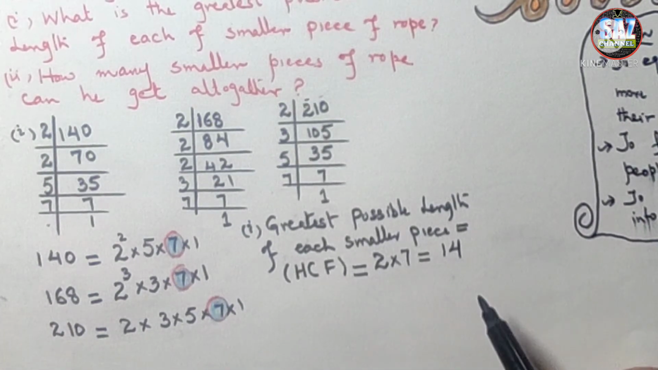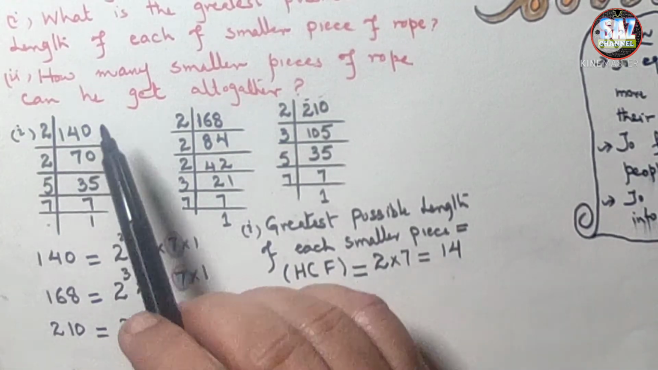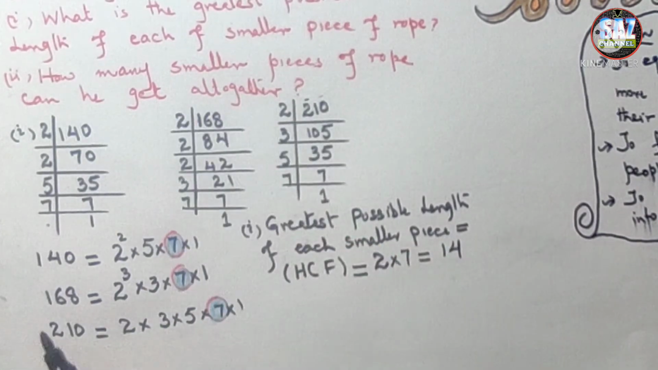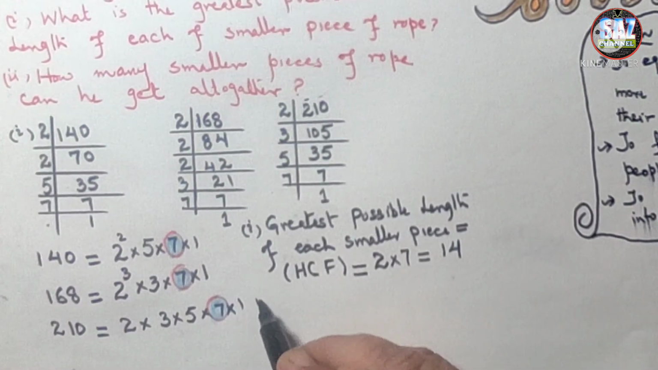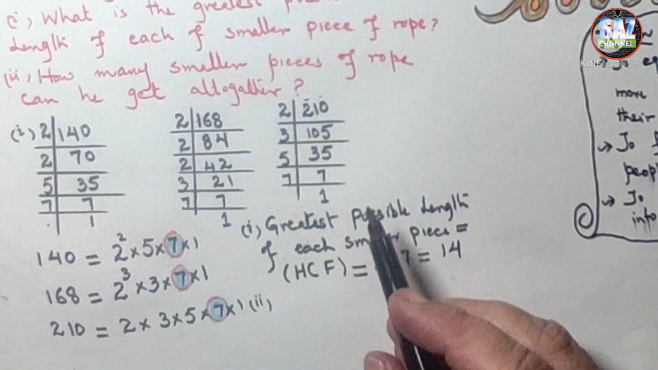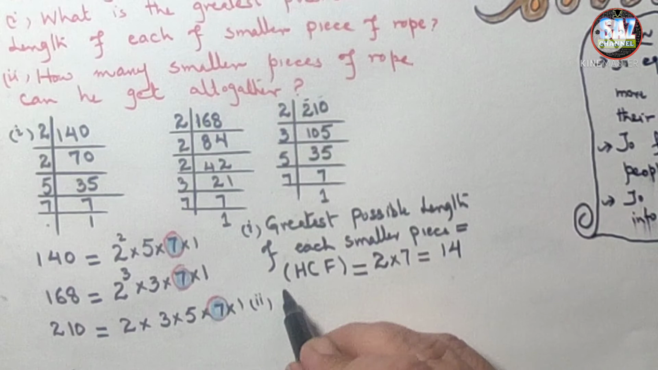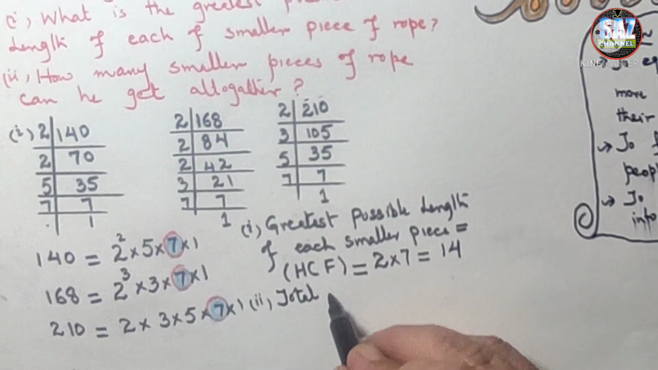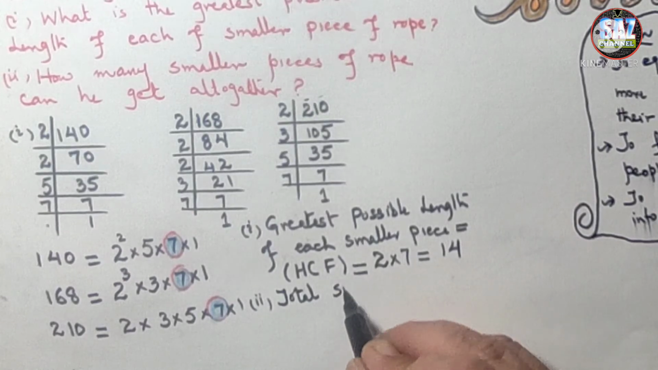I hope students you are clear that when we have to find the largest grouping, we have to find their common factors and highest common factor. Second is how many smaller pieces of rope can he get all together. All together means that we have to add them up. Now, in order to find the smaller pieces of rope he can get all together, total smaller pieces